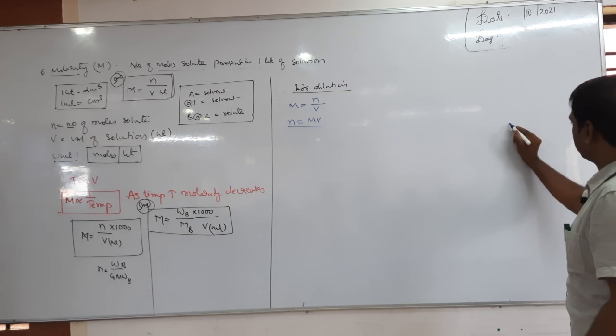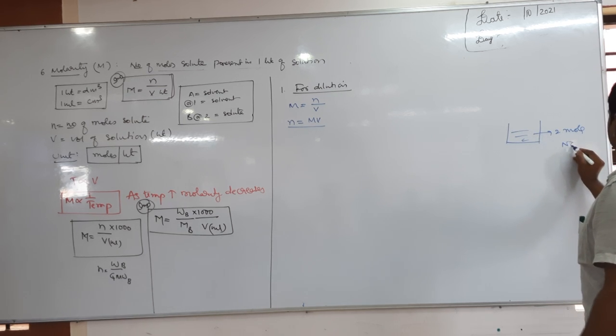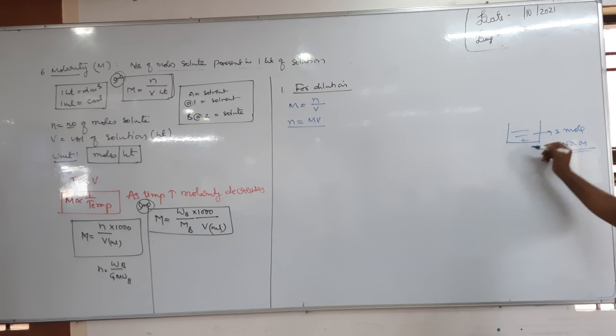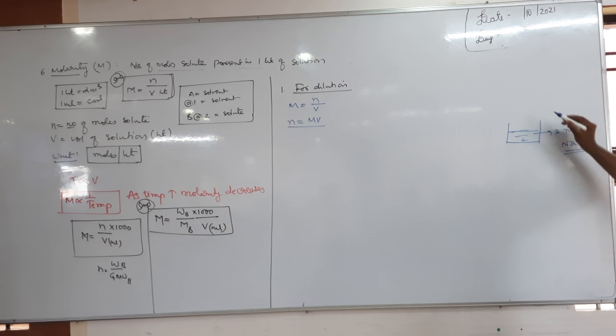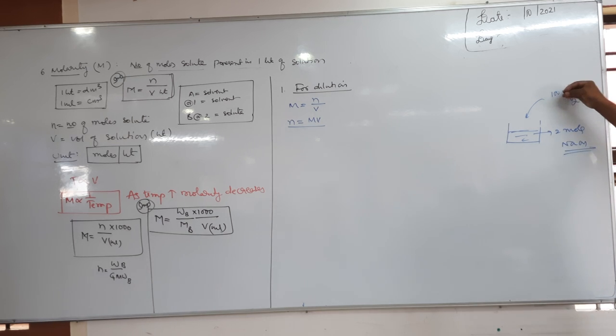For example, you take this beaker containing 2 moles of NaOH solution. 2 moles of NaOH solution means water will be there. It contains 2 moles of sodium hydroxide. To this, add 100 ml of water. That is nothing but dilution. When we add water to 2 moles of sodium hydroxide, does it become 4 moles? Does it become 1 mole? Why? We are not adding sodium hydroxide, we are adding water. So the same thing happens in case of dilution.